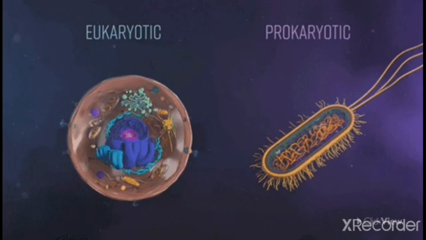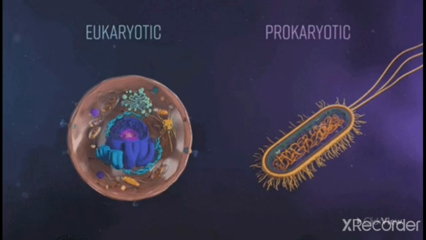If you look at the left hand side, the cell that you see is the eukaryotic cell. You see so many different organelles in it, where you can find the endoplasmic reticulum, the Golgi bodies, the nucleus, the mitochondria, and so many different things. All this working together forms a eukaryotic cell, which is larger in size. The eukaryotic cell is 5 to 100 micrometer in size, and this kind of cell is found in plants and animals.